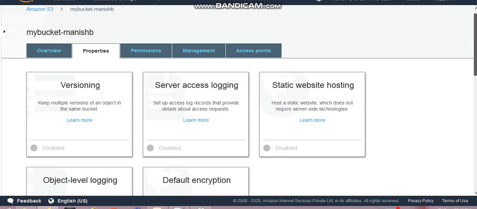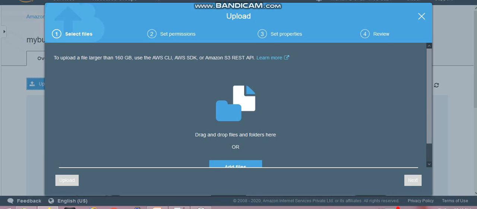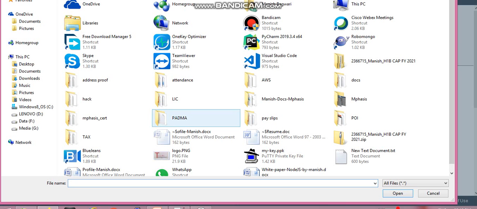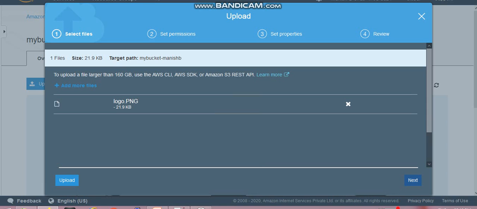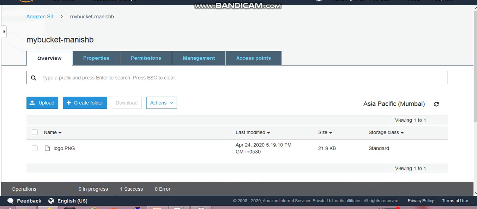Now let's test whether it works. For testing, I need to upload some document to this S3 bucket. Click on upload, add file. You can add any file. Click on upload. This logo.png file is uploaded. Now let me check my email.